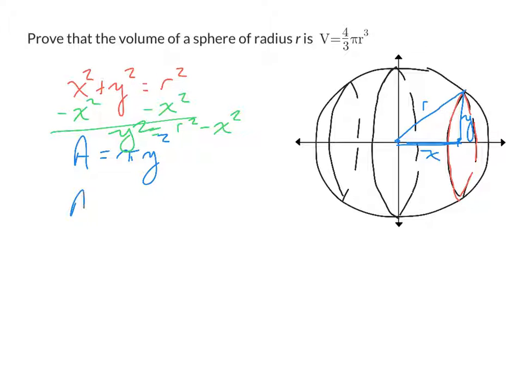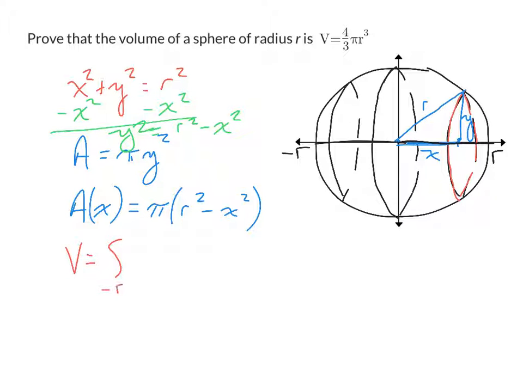So the area of this circle as a function of x is pi times r squared minus x squared. Now we want to do the integral of this function, so how far left and right do we have to go? Well, again, these are radii, so we've gone over r units and gone left negative r units. So to find the volume, we're going to do the integral from negative r to r of our area function, pi times r squared minus x squared